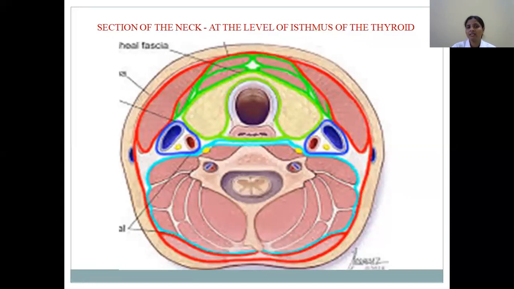Here this deep fascia is very important. First it gives support, then protection. So what type of protection is it? It prevents the spreading of the infection from the superficial fascia into the deeper aspect of the neck. Okay. So this is the topic actually: what is that fascia around the neck, how it is modified, and how it compartmentalizes the entire neck.